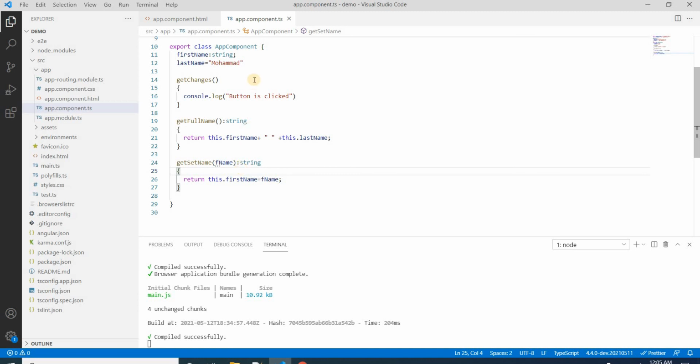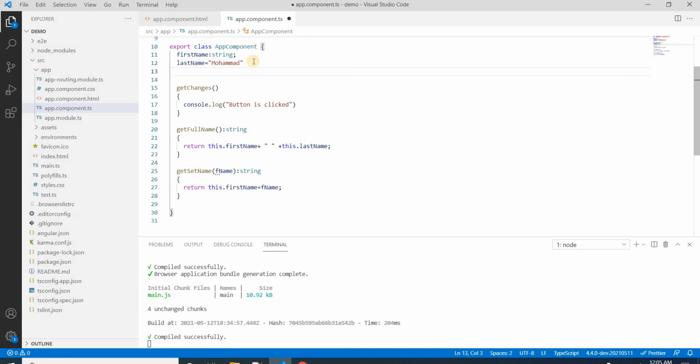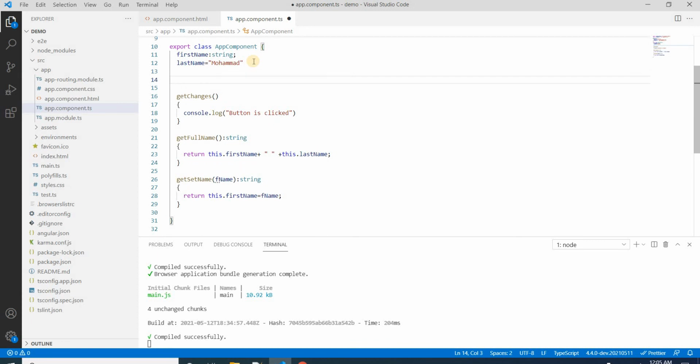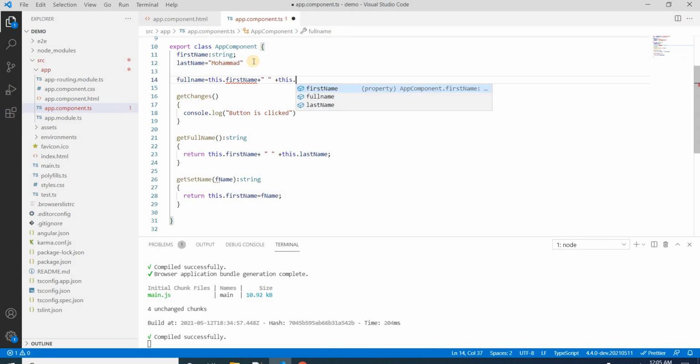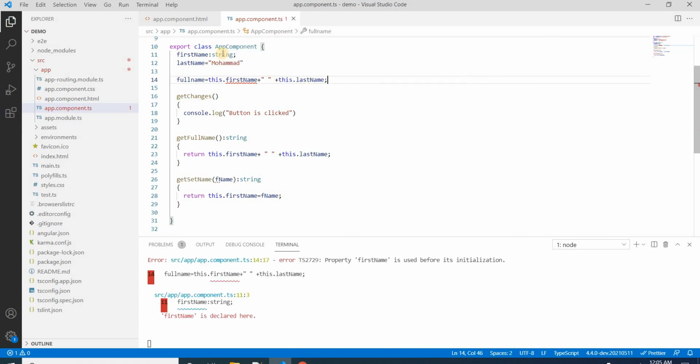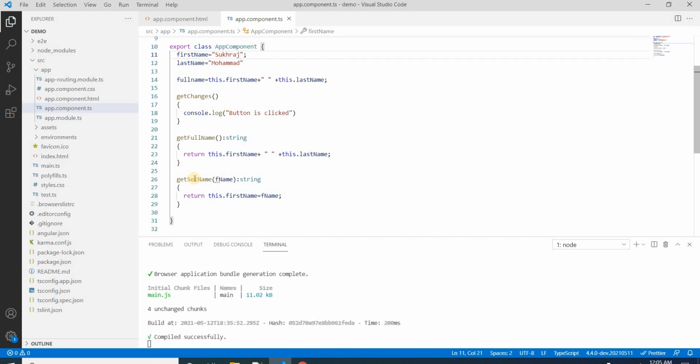Now we will see how we can pass a property. Let's say fullName. Full name is a property, which is this.firstName and this.lastName.